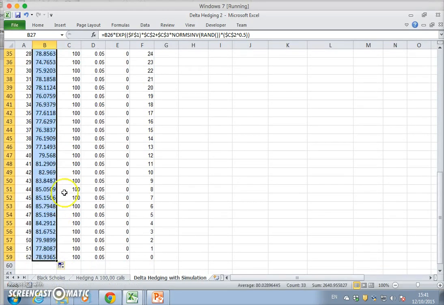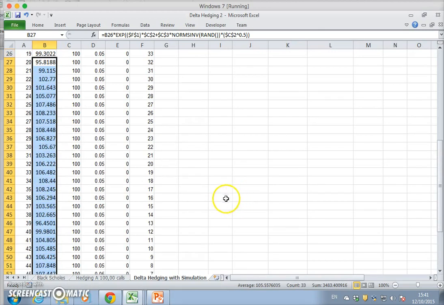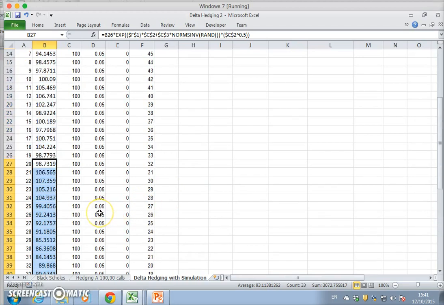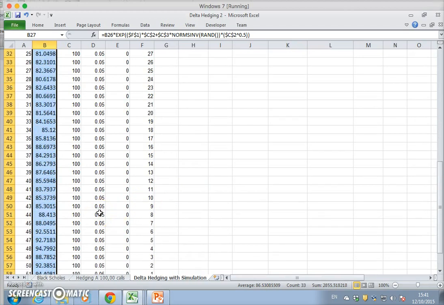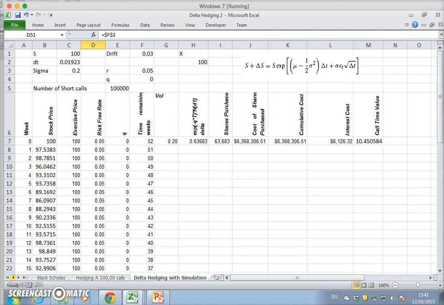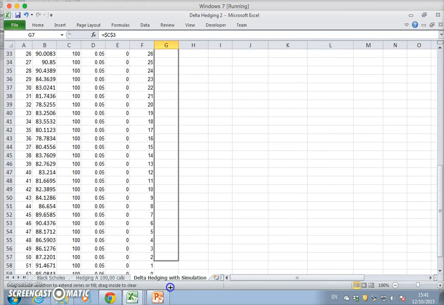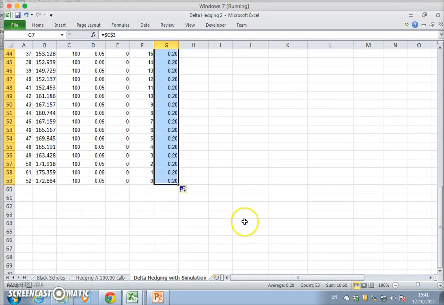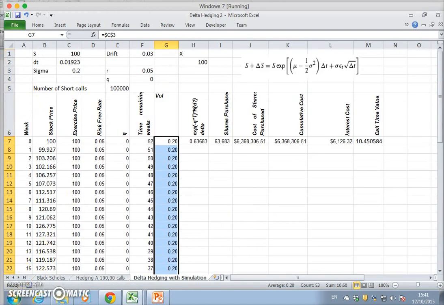So I've generated a simulated stock price, and if I F9, that should update. So what have I done wrong? Anything? No, it looks okay. Does it? Let's see. 83, 87. Okay, looks like it's okay. And I'll pull the volatility down as well. Okay, so these values are constant. So next thing I need to do is to